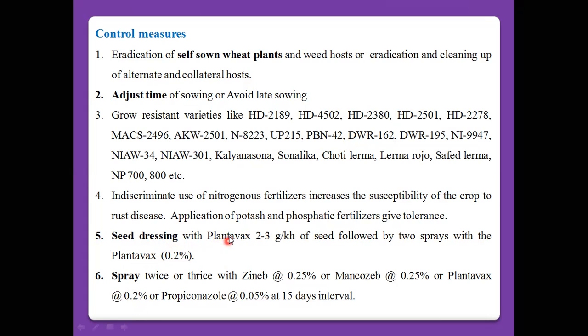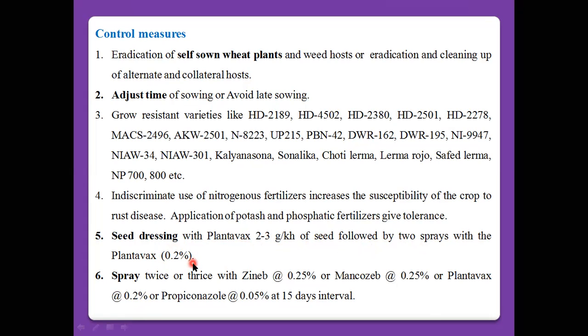Then seed dressing with Plantavax 2 to 3 gram per kg of seed. Or suppose these uredopustules are seen on the wheat crop, so you can manage or eradicate these uredospores seen on the wheat crop by spraying the crop with a fungicide, that is Plantavax